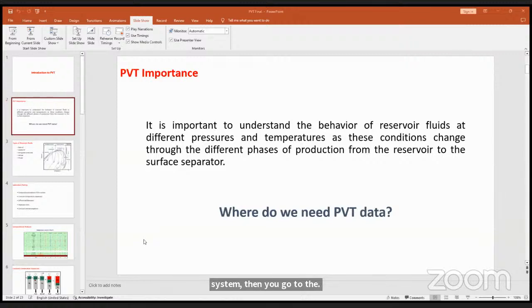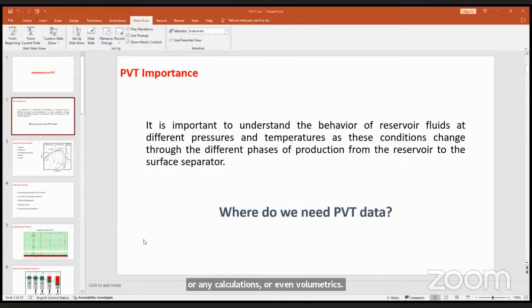If we're talking about oil, you have stock tank oil. You count your production as the surface condition in the tanks, and you want to relate these volumes to the downhole. So if you have a material balance, you're doing reservoir simulation or any calculations or even volumetrics,